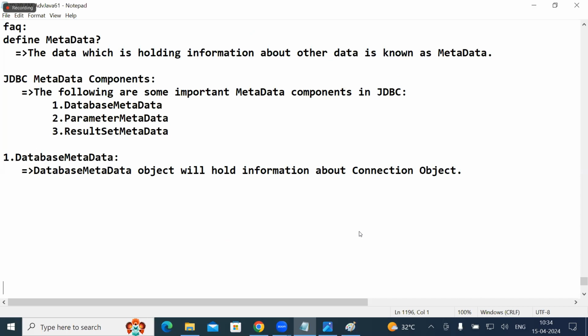You can collect that information. So the syntax of object creation is: DatabaseMetaData DMD = con.getMetaData();